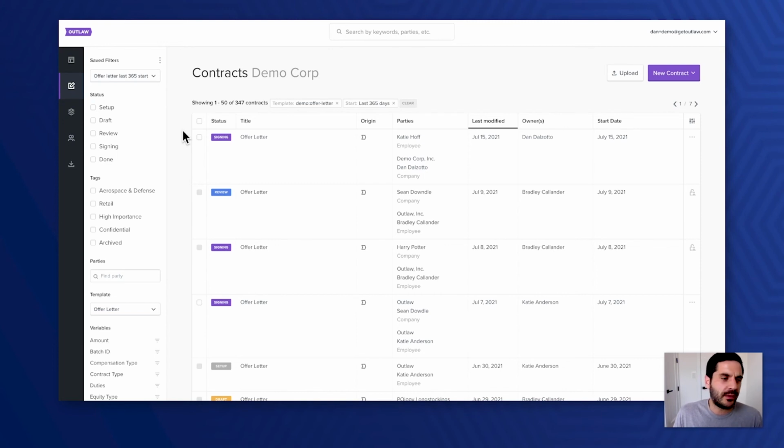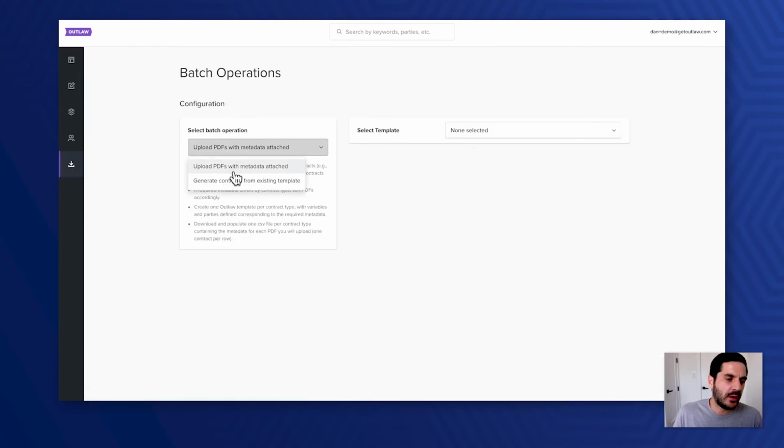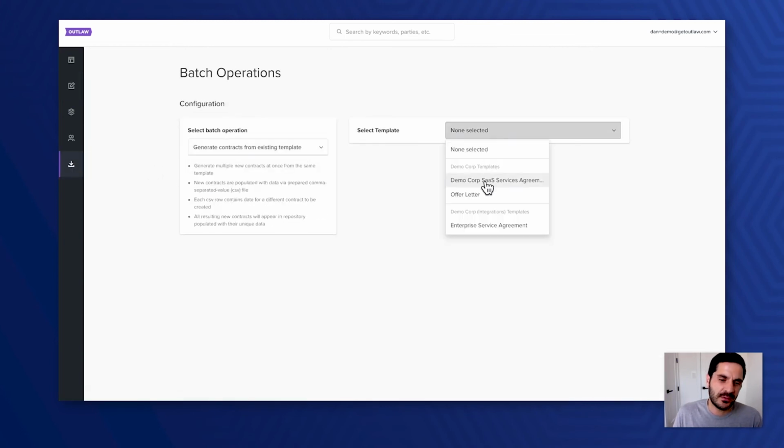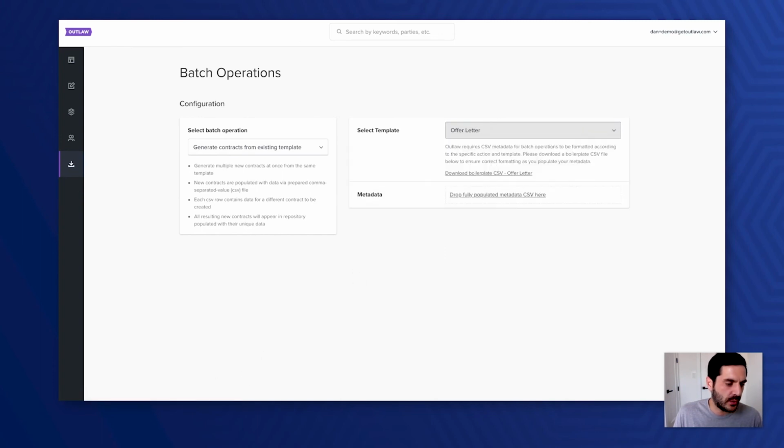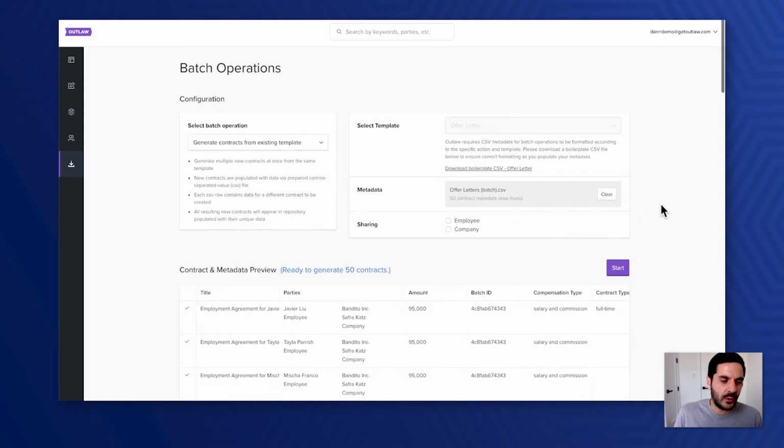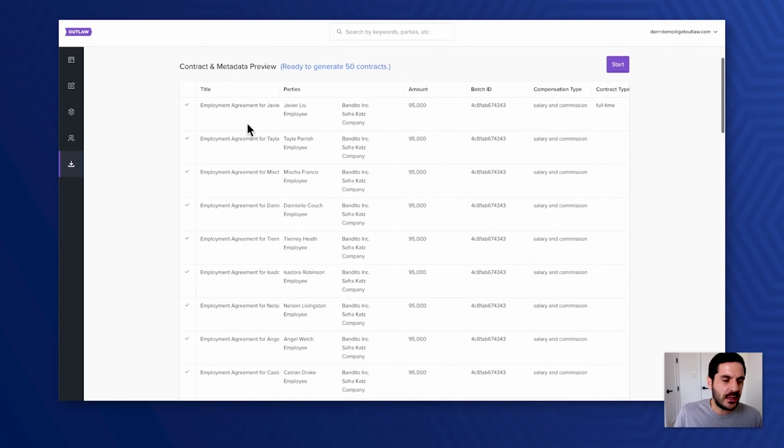We have a few other things that are really powerful. For example, batch generation. So if we wanted the ability to generate thousands of offer letters in one fell swoop, we could do that. I would simply drag a CSV file onto the Outlaw platform. And as you can see here, I'm generating 50.